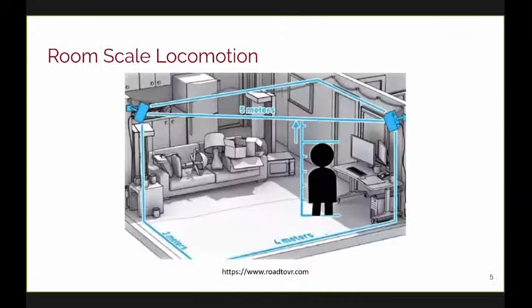The solution adopted by most commercial VR applications that use natural locomotion is to use what's called room scale locomotion, where we constrain the user to a very small physical environment. The problem is that the virtual environment that we want to explore is usually larger than this space. There are several fixes to the problem, but one of the more reliable ones that does not sacrifice the benefits provided by natural locomotion is called redirected walking.